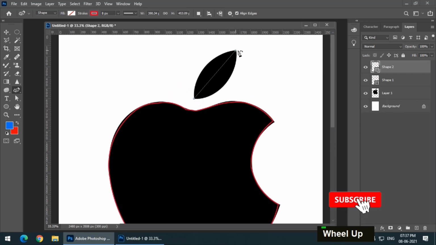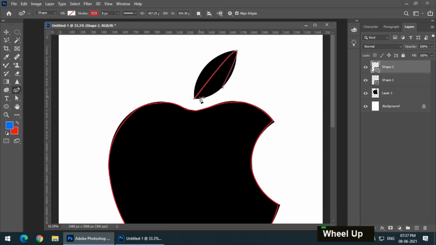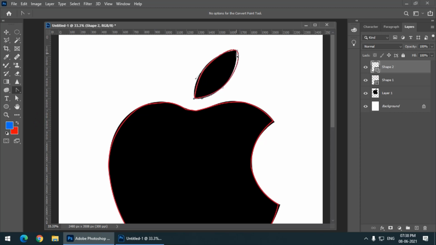I'm directly using the curvature tool now. But we want sharper edges, so I will click. It needs more work, but looks pretty good.